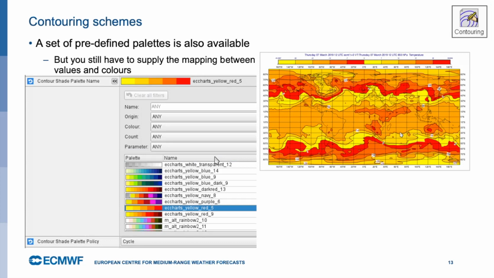We also have a set of built-in palettes. A lot of them are from ECCharts. I think quite a few are taken from matplotlib, and then there's a few others in there as well. So these are just supplying the list of colors, and then you still have to supply the mapping between the values and the colors. I mean, it'll do something by default, but you probably want something a bit more specific